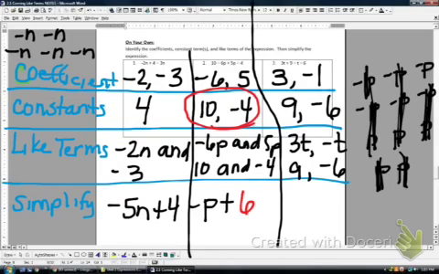So then when I simplify that, here's what I'm looking at. I'm looking at this. So I have 3t minus t. That's